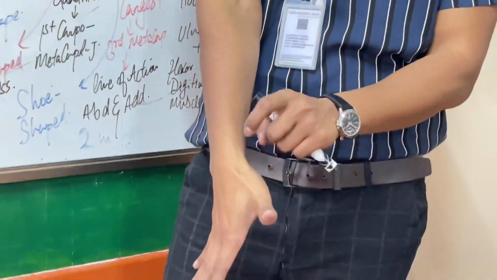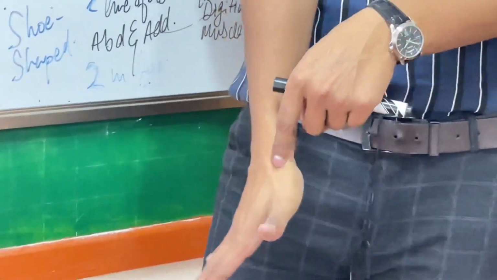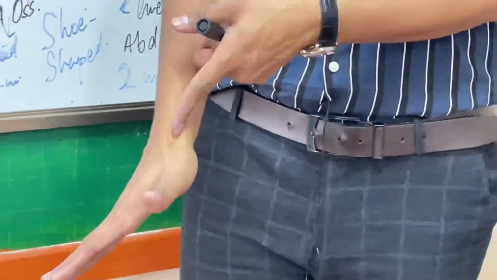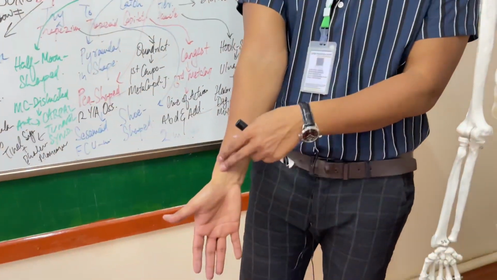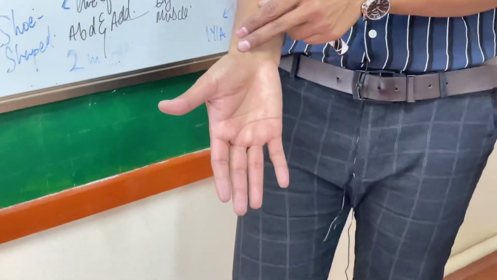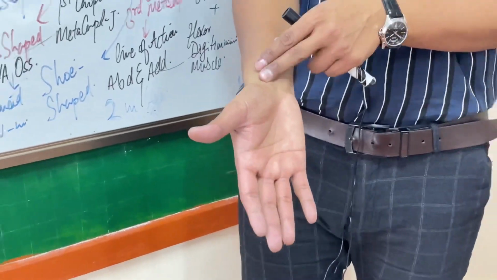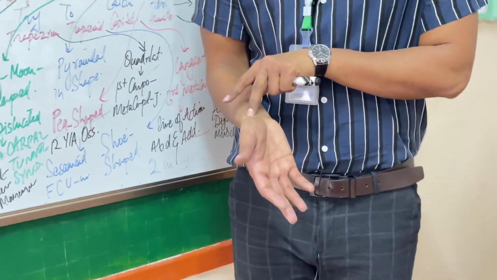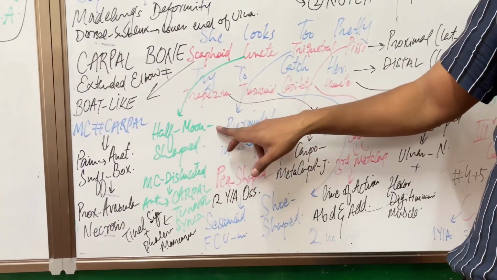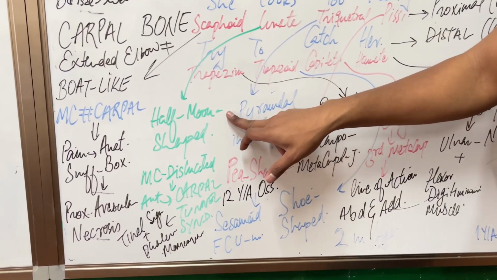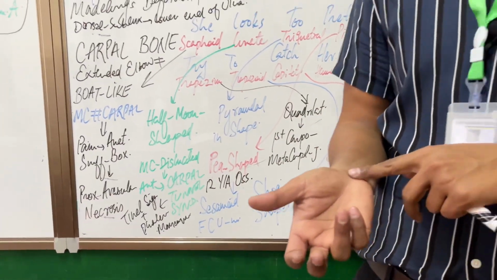You will feel pain over here, and as it's the anatomical snuff box, we know the radial artery also passes through here. And if there is a fracture of the carpal bone, then the proximal end of the fractured carpal bone will undergo a process called avascular necrosis. The second carpal bone is the lunate, that is half moon shaped, and this is the most commonly dislocated carpal bone.